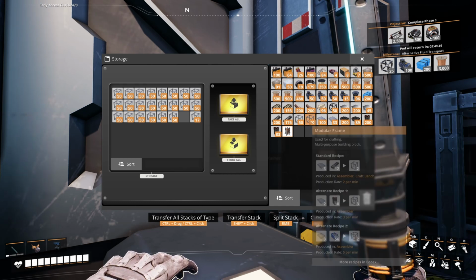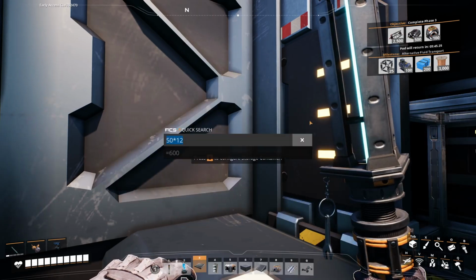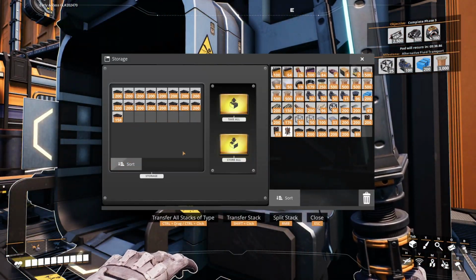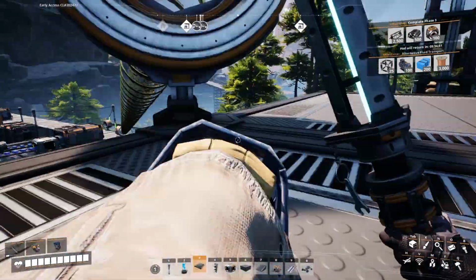Actually, no, we need 6. That's what I just figured out, isn't it? Yeah, we need 6 stacks of this in total. 1, 2, 3, 4, 5, 6. Perfect. And then that will allow us to make, well,